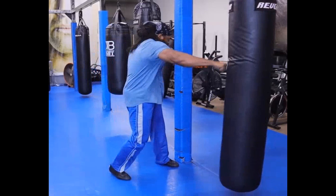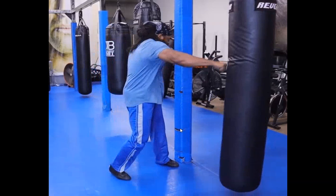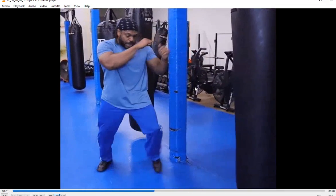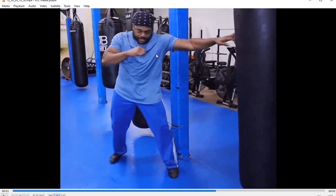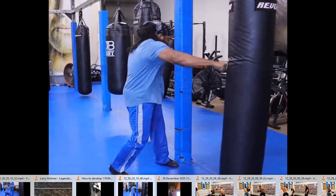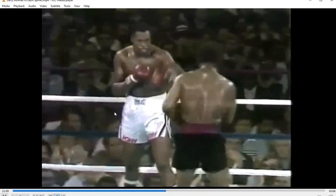But what I want to show here is, and then what do you do after, right? What do you do after this position? You landed that shot, you're across the line. Now you're immediately going to try to find a way to get into this position with your shoulder forward, right? And we'll talk about this again too later. But what I want to show here is